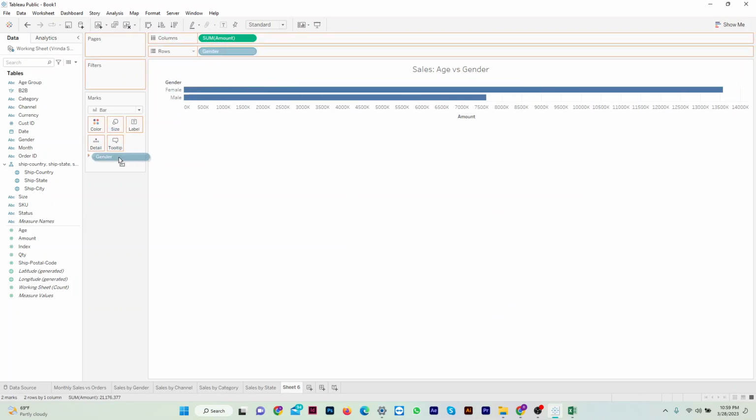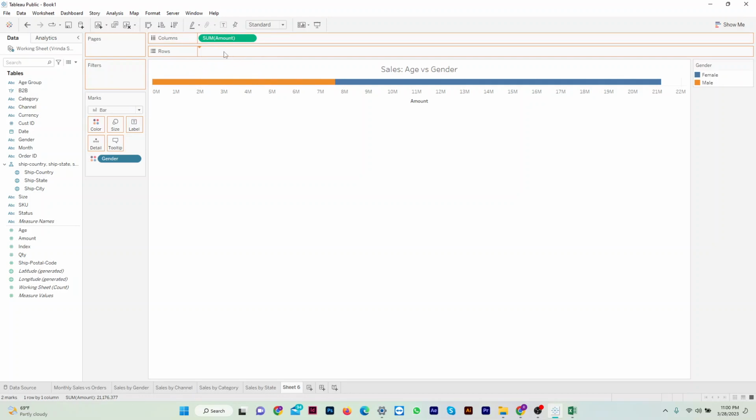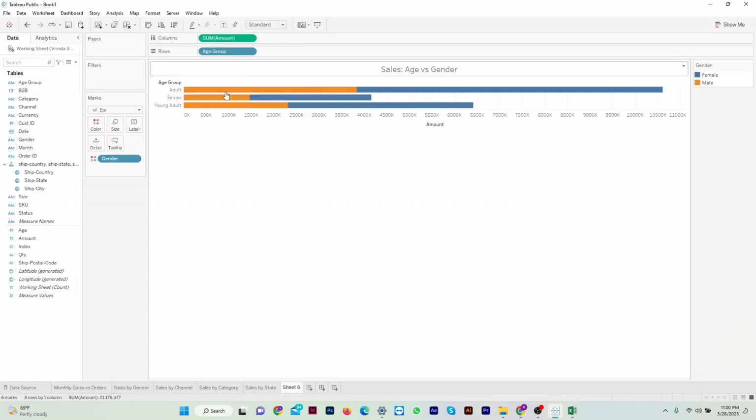Actually, gender, drag it here and indicate color. And now you will go to age group, which has the data for age, and select it and drag it to rows. And now we have adult, senior, and young adult. So in our data set we had categorized the age